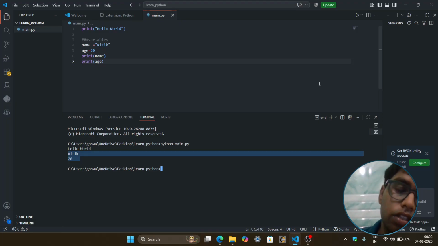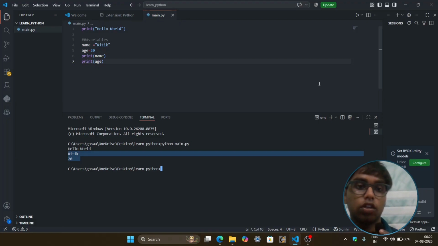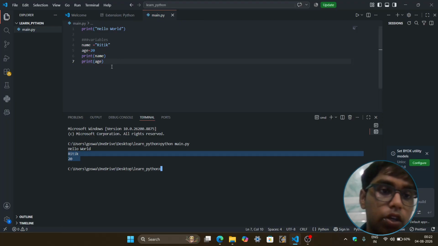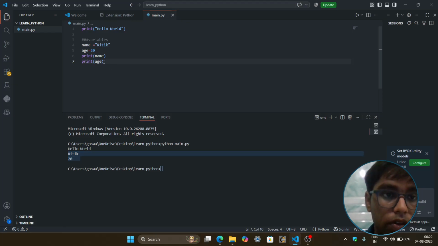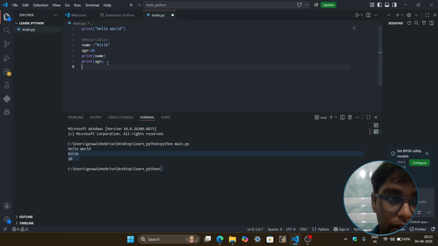There are some rules to write a Python variable name. You cannot just give anything as a variable name. It must start with an alphabetical letter. You cannot start with a number like 1name. It's invalid.